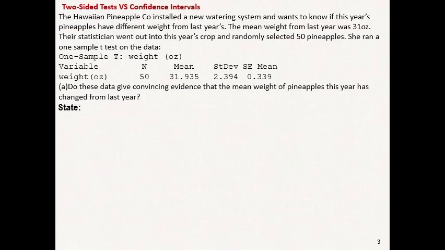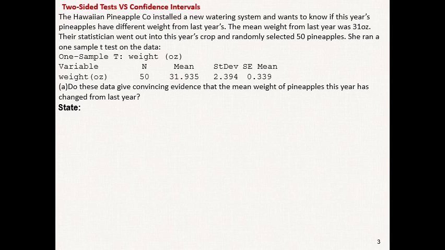The Hawaiian Pineapple Company installs a new watering system this year and wants to know if this year's pineapples have different weights from last year's. The mean weight from last year's was 31 ounces. The statistician goes out into the field for this year's crop and picks 50 pineapples. Then she runs